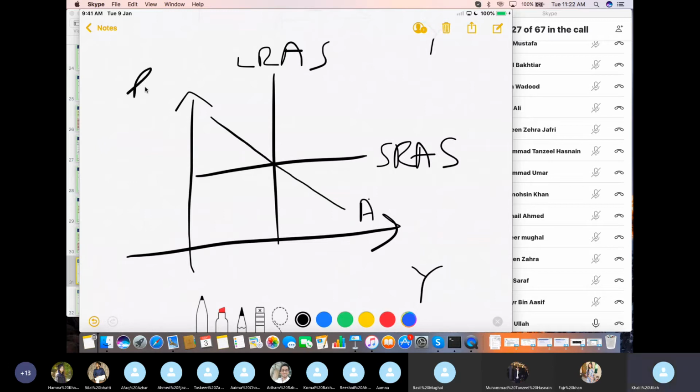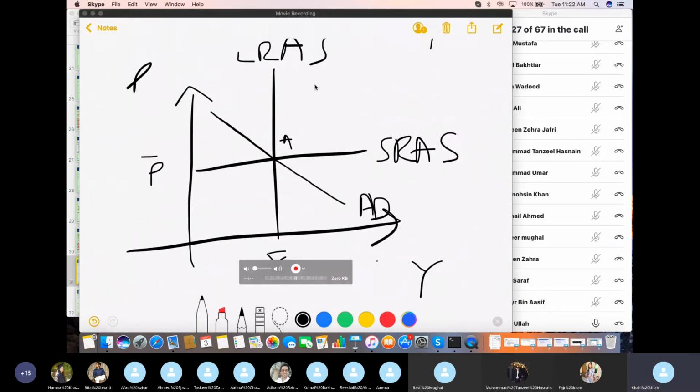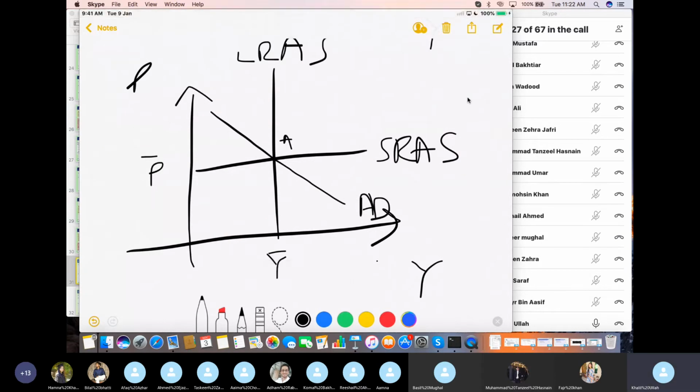So this is your model. You have price levels, and you're at equilibrium point A, and GDP is Y bar. So let's suppose, this is going to be important. Let's suppose that I wonder if you know about this